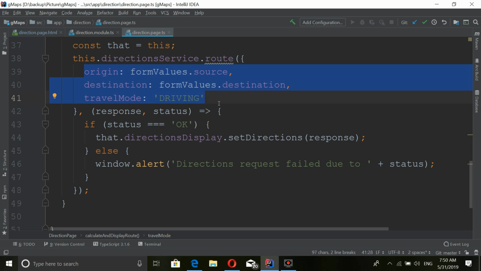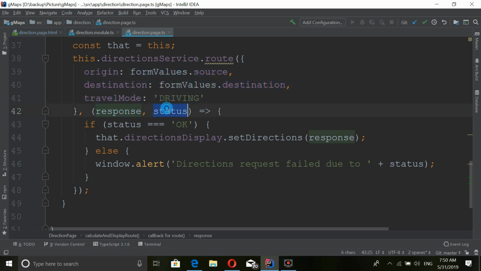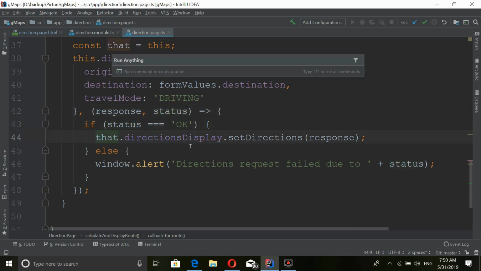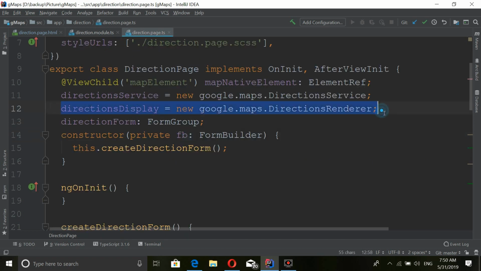Next it will return the response to our application. Once we get a response and status, the status is OK. Next we use the direction display service. This also comes from Google Maps. It's for rendering purposes, it renders the directions onto your Google Map. The first one is for getting directions from Google Maps, and the second one is for rendering directions into your Google Map. One is done on the client side, and the other does its work on the server side. Don't get confused by that.